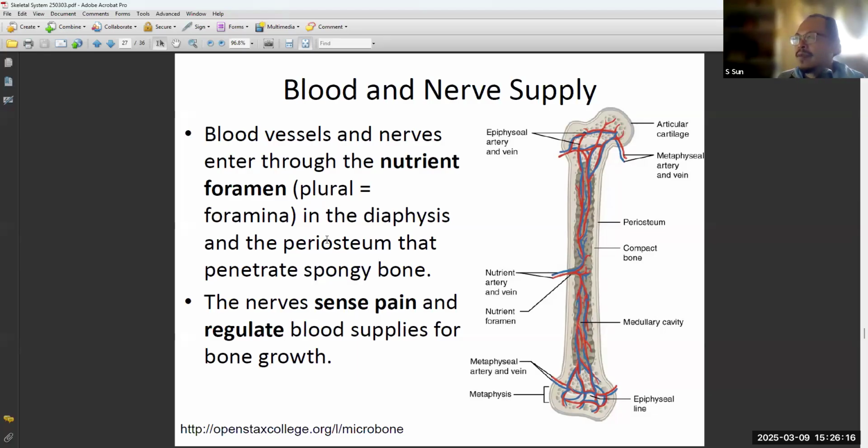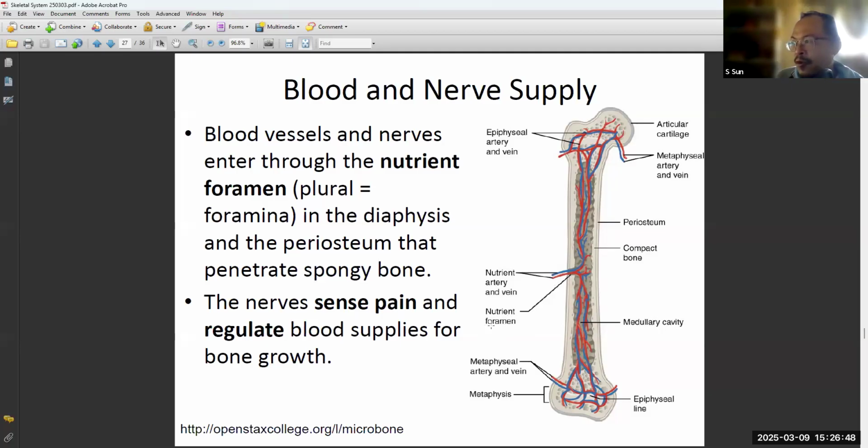And so bone has compact bone in the diaphysis and spongy bone in the epiphyseal region and metaphyseal region. So bone is pretty much sealed. And so blood vessels coming in need to enter through it. This opening space for blood vessels to come in is called